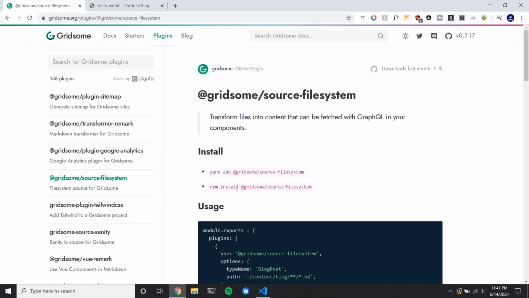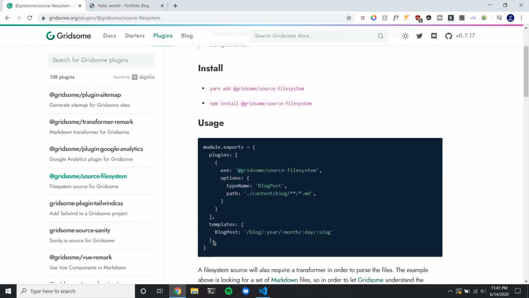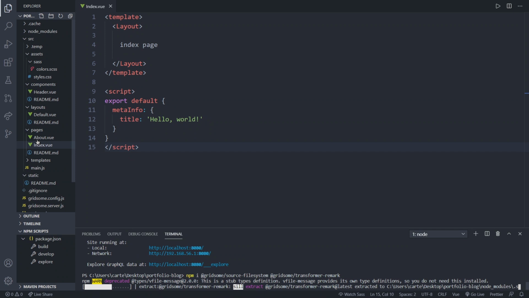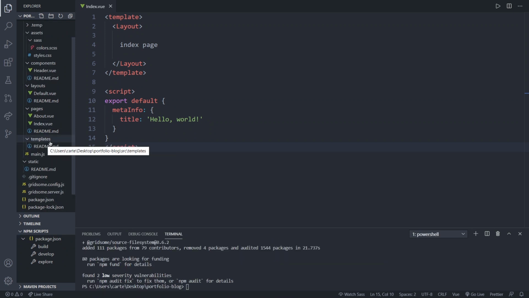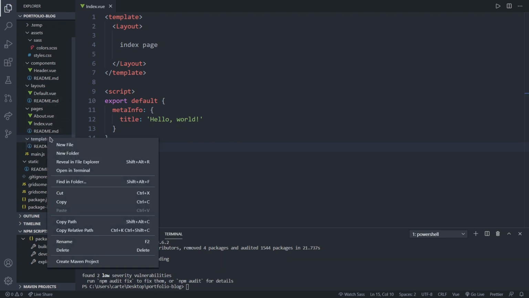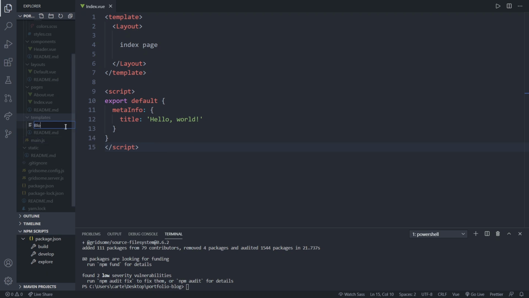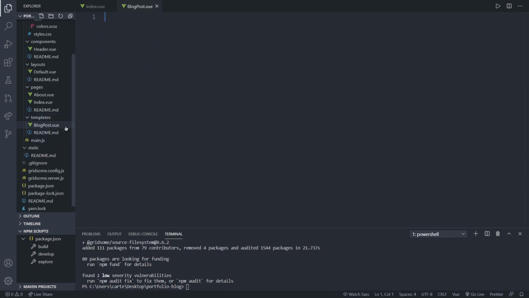So we can configure this while we're waiting. We can see here that we just need to add a plugin object into the plugins, and then we can configure it within there. First of all, we're going to create a template, and this will be what the blog post Markdown will be inserted into, so it'll allow us to format it. So we're going to create a new template called BlogPost.vue, and then inside of here we can just create a template, main,